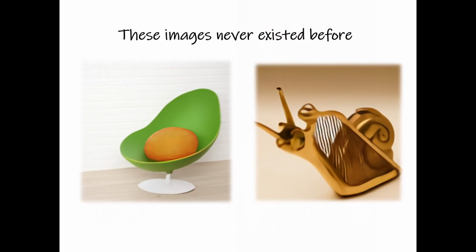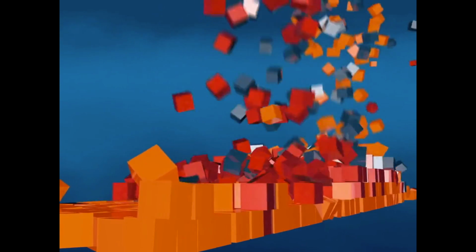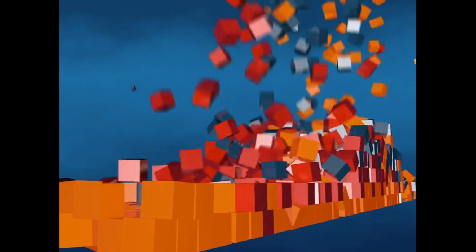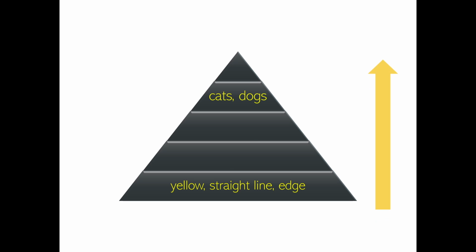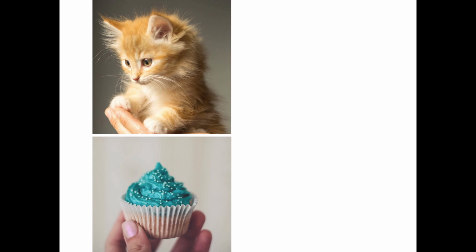But you might wonder, how can DALL-E imagine things that humans never searched? The learning of DALL-E goes beyond simple memorization. The model learns to extract concepts that can be combined and reshaped. Thanks to the depth in the neural network and the attention mechanism of transformer, different layers inside the network learn concepts at different levels, ranging from surface form features, for example, yellow, straight line, to more complete objects, for example, cats, dogs. In our example, by seeing millions of images of kittens, blue cupcakes, and other objects, the model learns concepts such as kitten, blue, and cupcake, and is able to combine them in new ways and to imagine, for